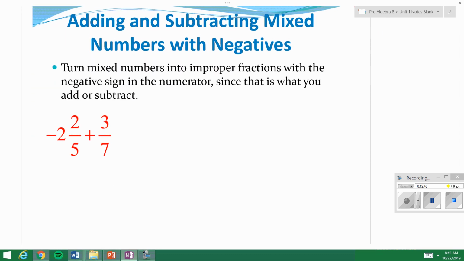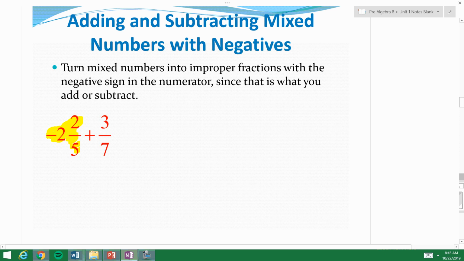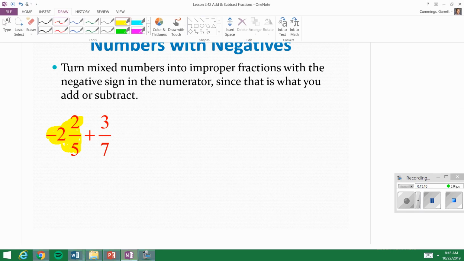To turn mixed numbers into improper fractions that have the negative sign in the numerator, like this one, negative 2 and 2/5 plus 3/7, we are going to have to put that negative sign in the numerator just like we did on the last one, since that is what we are going to be adding and subtracting. So if we have negative 2 and 2/5, that is the tricky part to consider. From the other day, let's turn that into